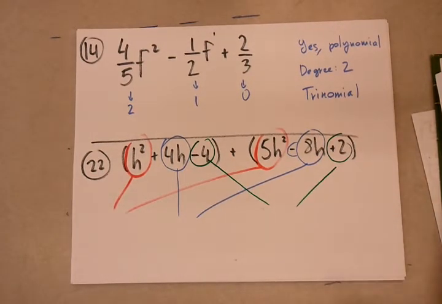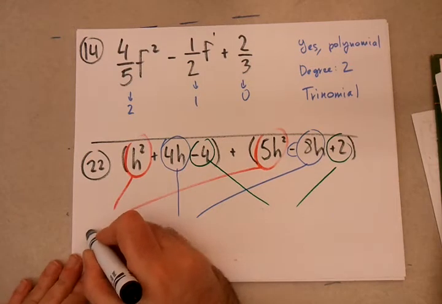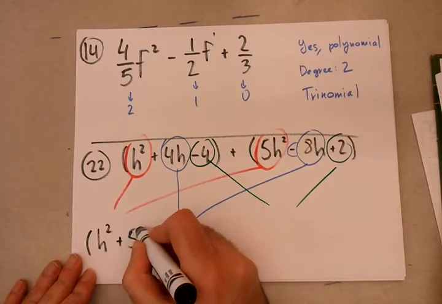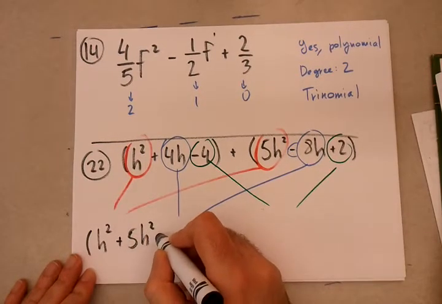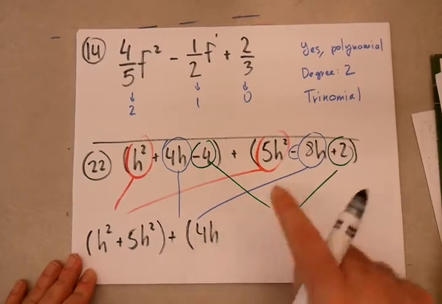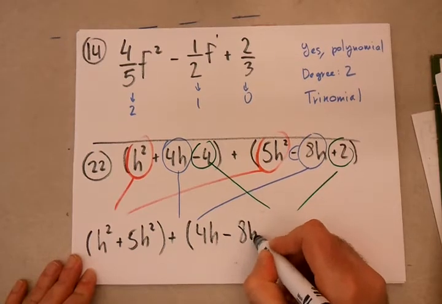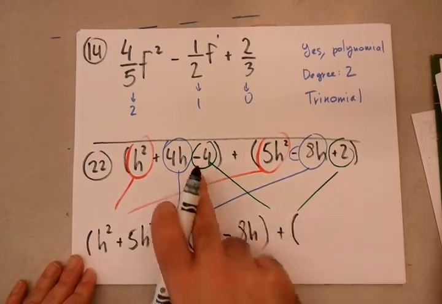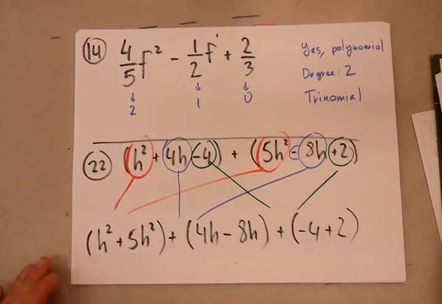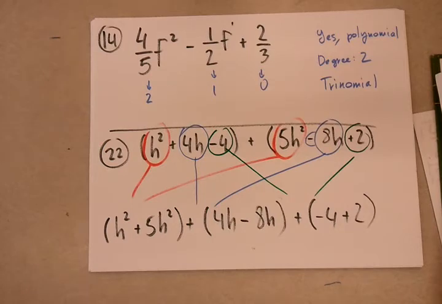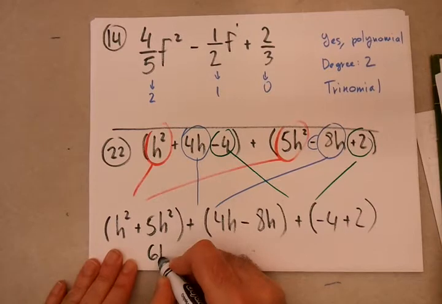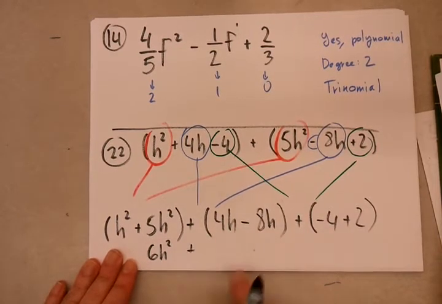Alright, good. Now let's do some pairing. H squared plus 5h squared, then plus 4h minus 8h plus negative 4 plus 2. Good. All that's left is some number crunching and we're pretty much done. H squared plus 5h squared, that's 6h squared, plus 4h minus 8h, that's